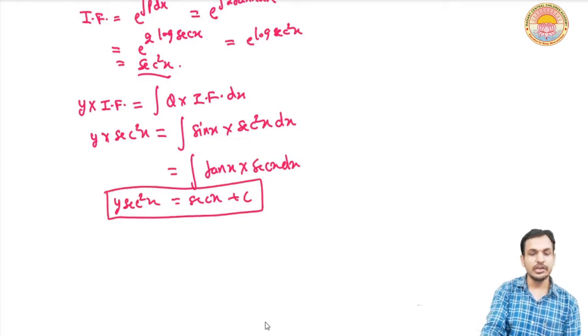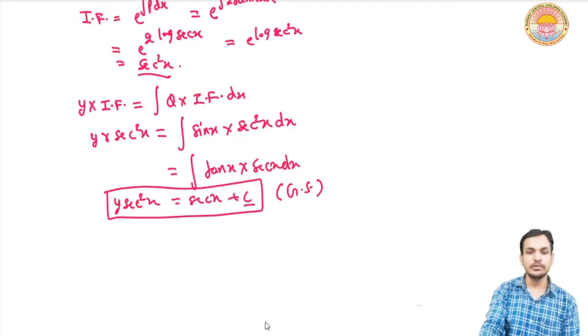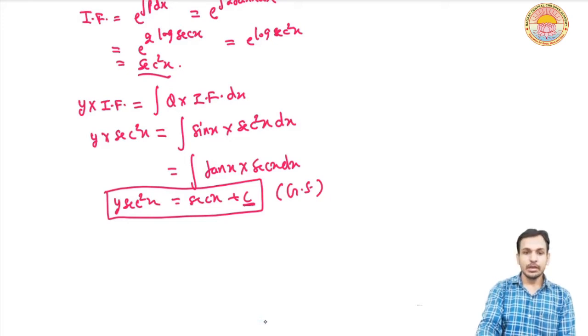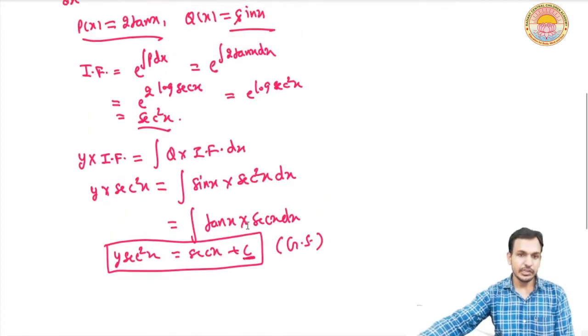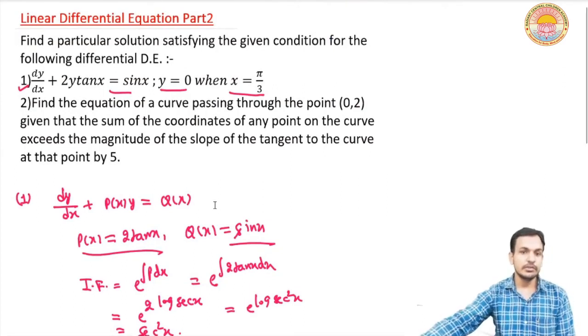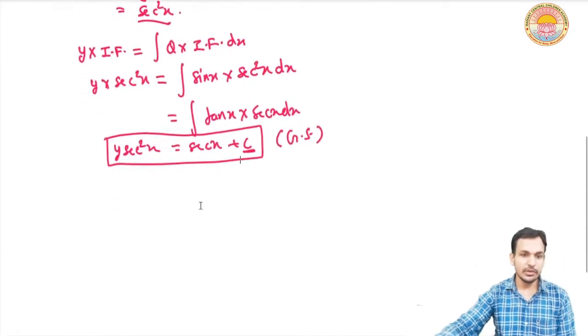Now this is the general solution of the given linear differential equation, because it involves an arbitrary constant. क्योंकि इसमें arbitrary constant present है, इसलिए इस solution को हम क्या कहेंगे, general solution कहेंगे. But we have to find the particular solution. So to find the particular solution, we have to find the integration constant c, and to find the integration constant c, we are given y is equal to 0 when x is equal to pi by 3. So putting y is equal to 0